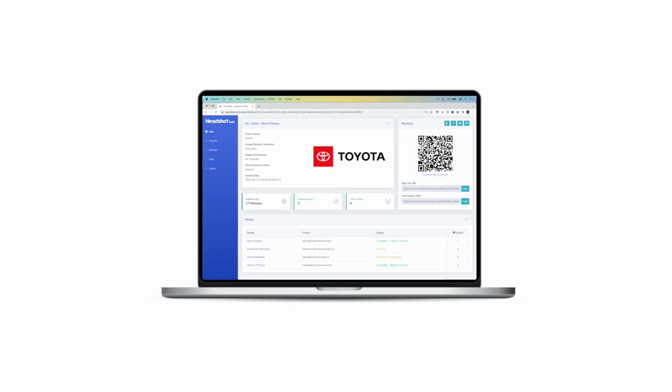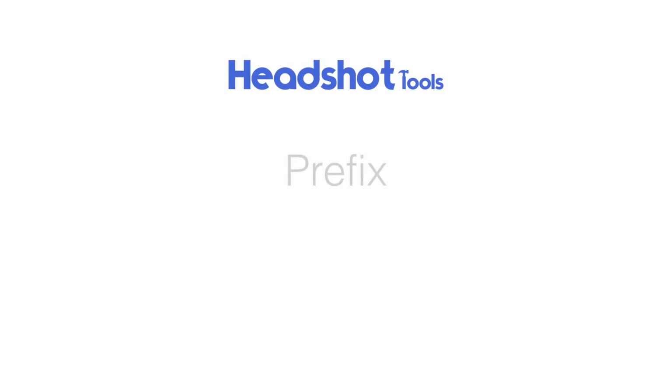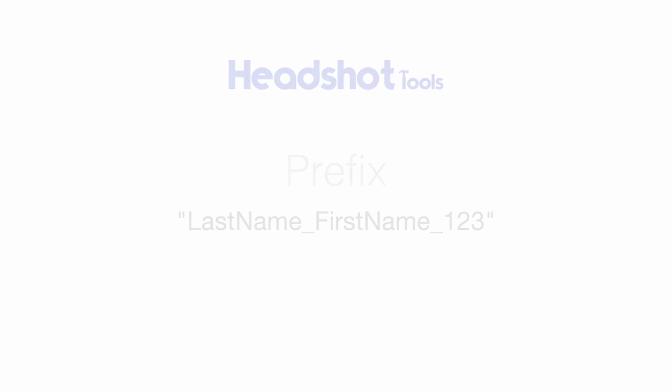Once your Capture One session is created, there are two primary things to configure, the first being your naming convention. Headshot Tools works by generating a special prefix for every shoot within a job. Included is the participant's last name, first name, and a unique 3-digit code. After that, you can use whatever naming method that you want, but we'll show you our own recommendation in this